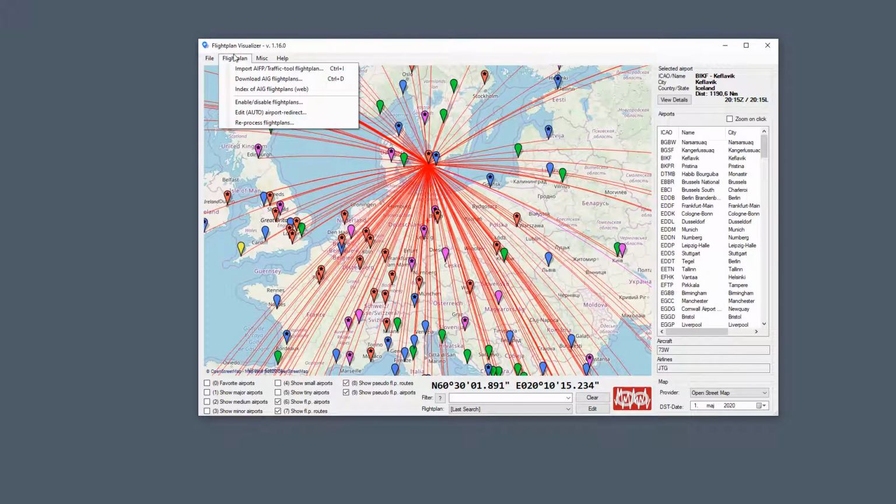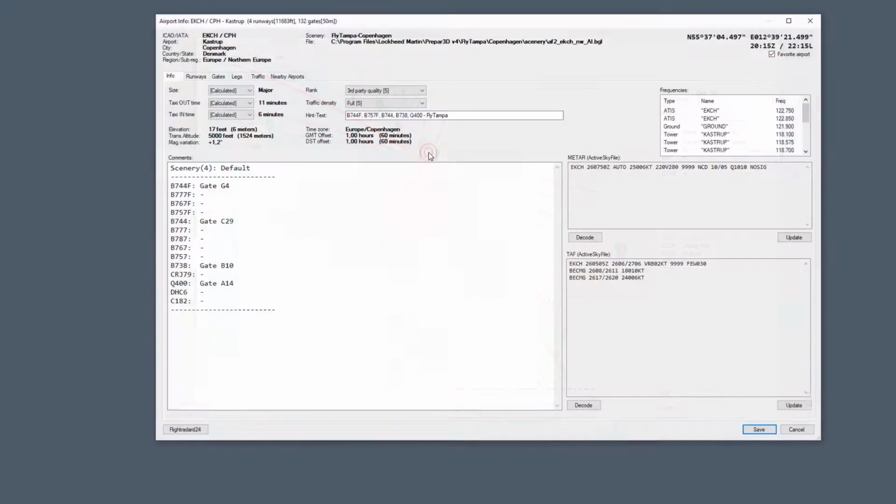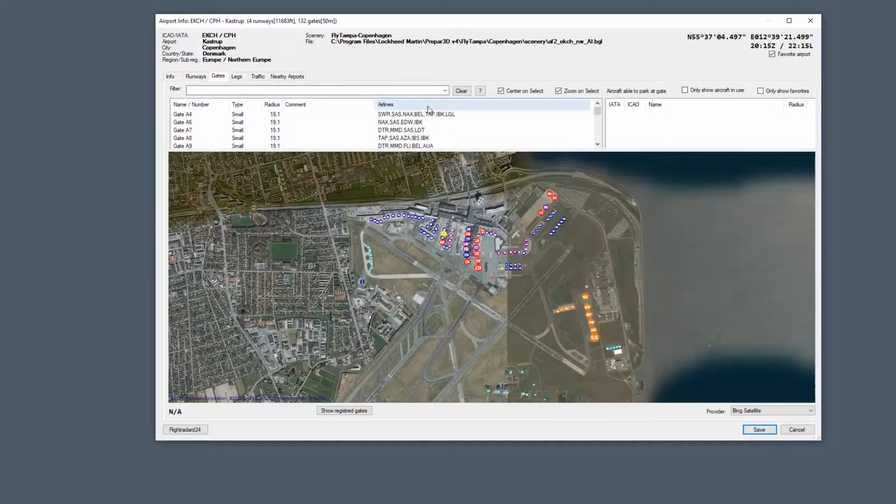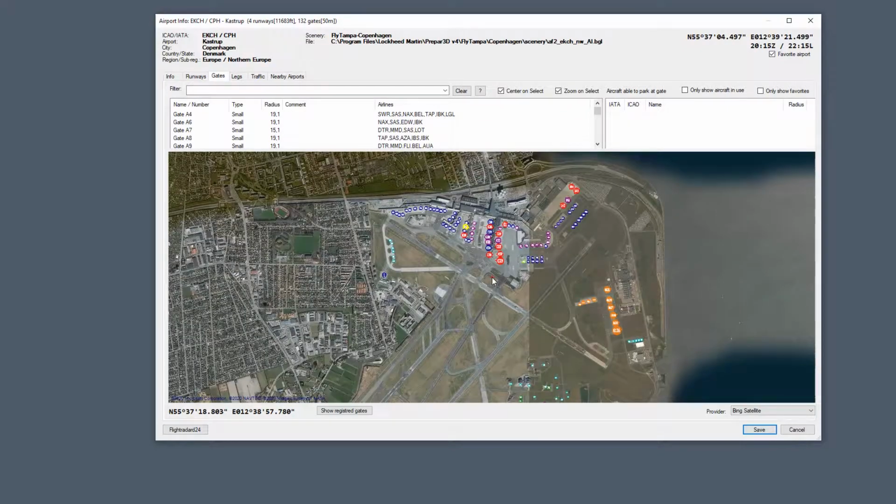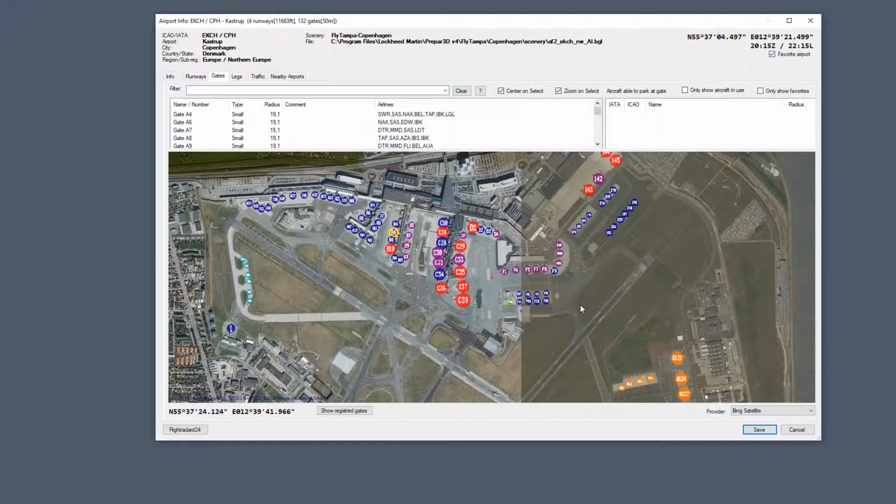Likewise, if we go in and let's double click, for example, this airport and go to the gates node tab. Here I've added a filter to search for the gates. Copenhagen is not so bad, but you have airports with lots of gates, and it can be hard to find the one you need. Third-party airports, in most cases, have a list of operators or airlines using specific gates. For example, if I want to find the gates that those who made the scenery